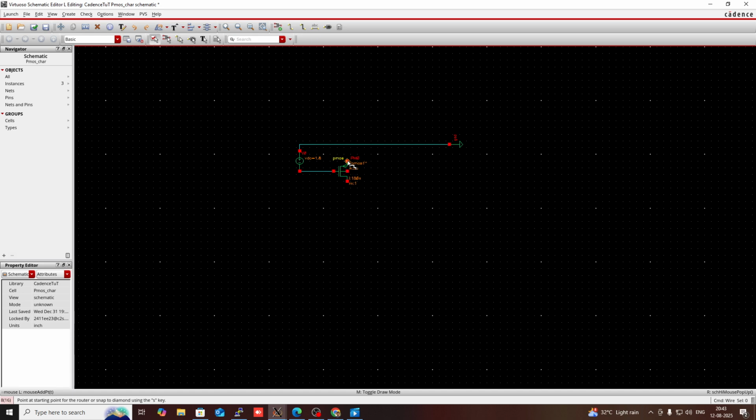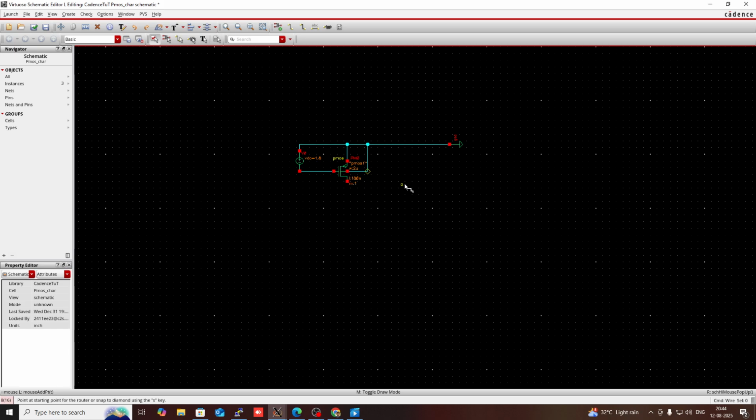And then again the source of this PMOS is also connected with ground, and the body of this PMOS will be connected with 1.8 volt. So it is going to connect with this. Okay,